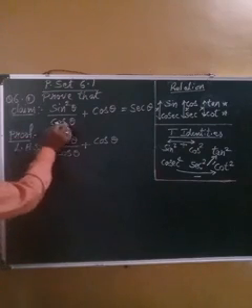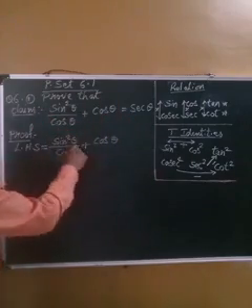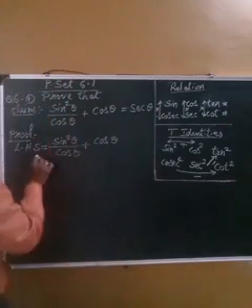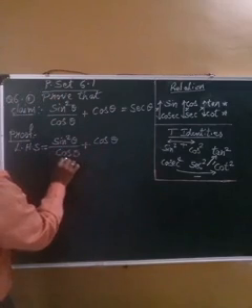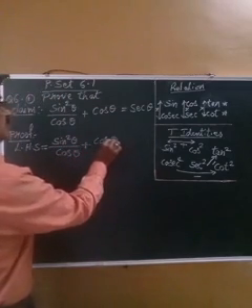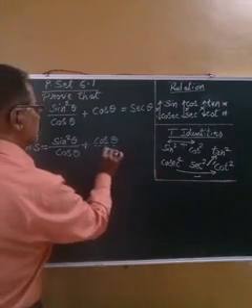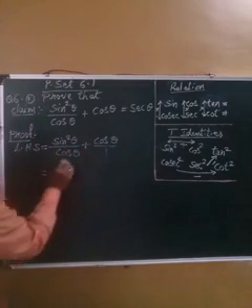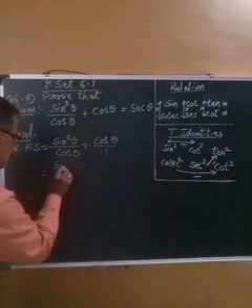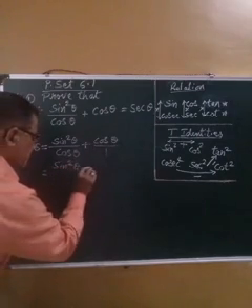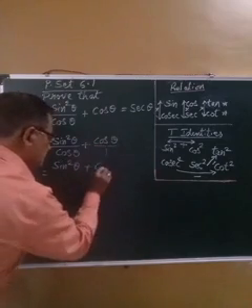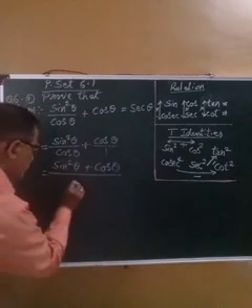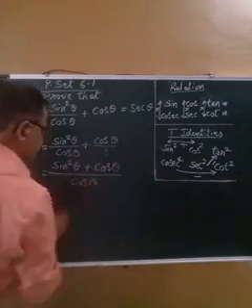So in the proof, let us start with the left hand side and then come to the conclusion for the right hand side. And the left hand side is sin square theta upon cos theta plus cos theta, and this cos theta has a denominator 1. So therefore we have to do cross multiplication. So sin square into 1 gives us sin square theta plus cos theta into cos theta gives us cos square theta upon cos theta into 1 gives us cos theta.